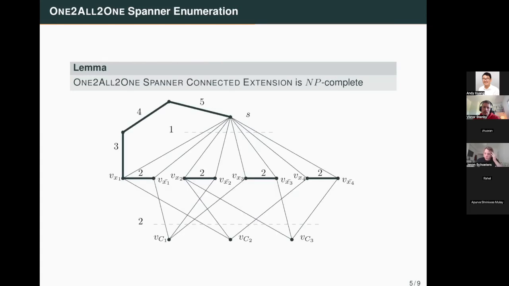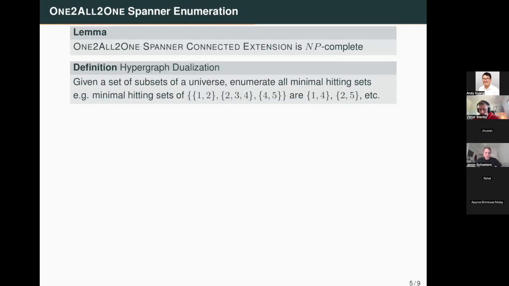So that's bad. We have the general extension, which is NP-complete. The connected one is NP-complete as well. This might push you to think maybe it's a hard problem and the binary partition doesn't work. So that's what we started to study then. So we had the idea to try to reduce to hypergraph dualization first. So I told you before, this is basically enumerating minimal hitting sets, but here I give you a little example of what that actually means.